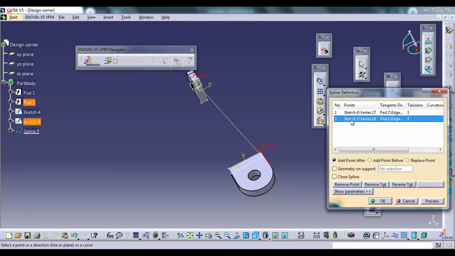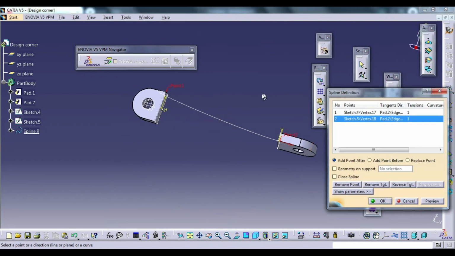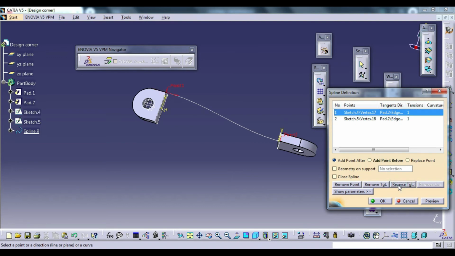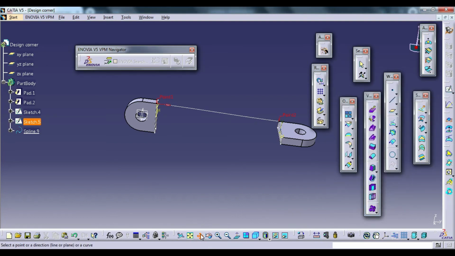So you click this sketch 5 and click on reverse target. Now it's changed. Again click this point. This is for the direction of inner. Now you see the inner point and the direction is on this side to this point.